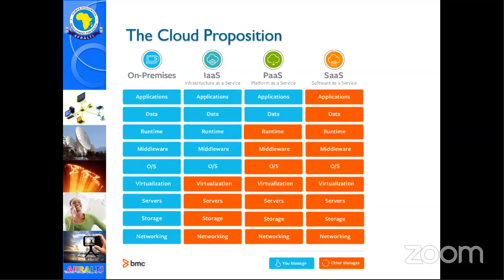So it's important that when you start the process of moving to the cloud, you engage a qualified cloud architect who will be able to design your systems in such a way that you derive those benefits.